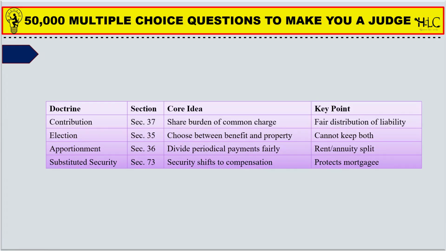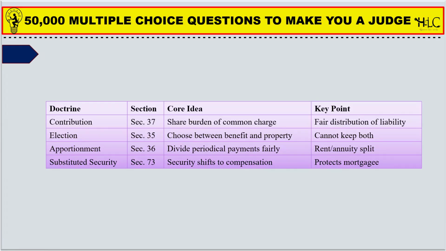The core idea behind it is that there is a share of the burden of common charge. So the proceeds or the revenue contribution is shared between members who are part and parcel of the property. So there is a fair distribution of the liability which needs to be